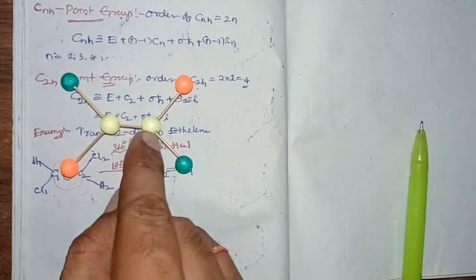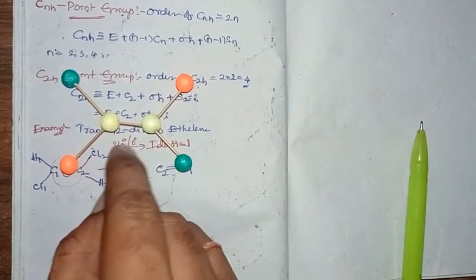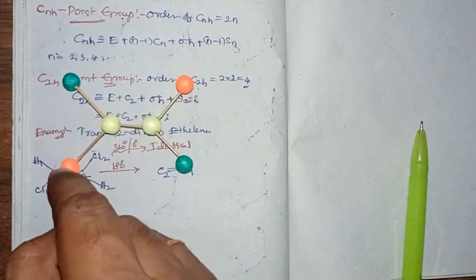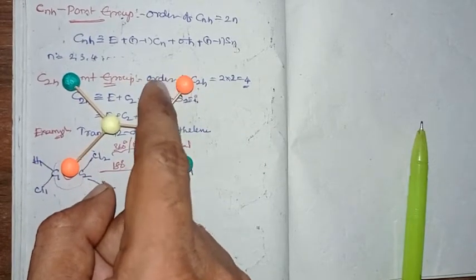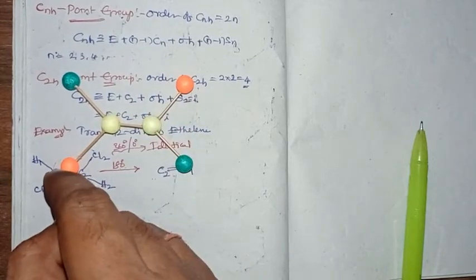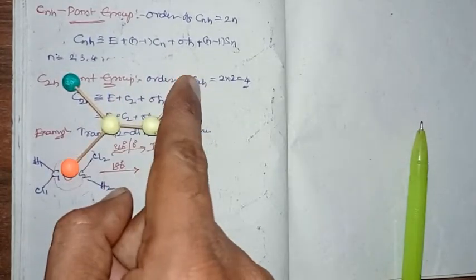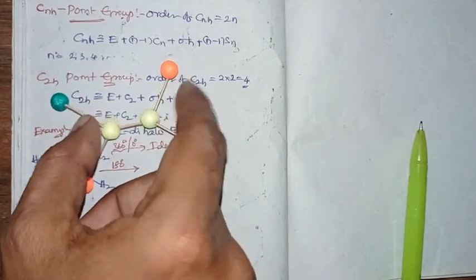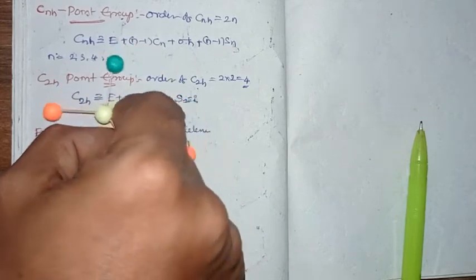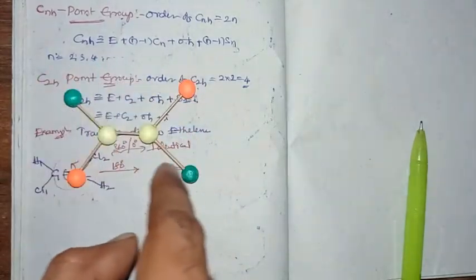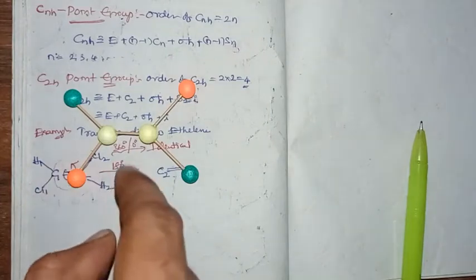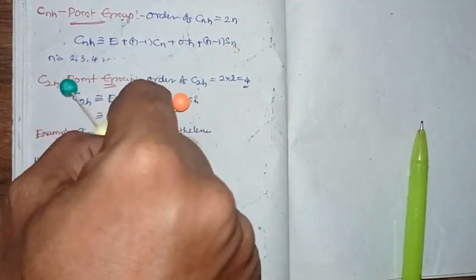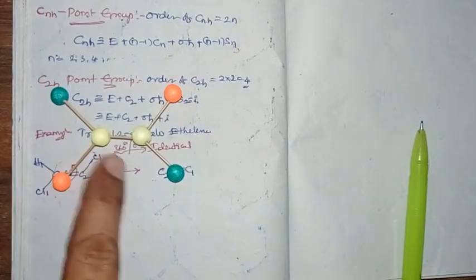This is how we rotate it. On rotation, carbon 2 gets the carbon 1 position and carbon 1 gets the carbon 2 position, and the chlorine positions also, when you observe. Initially the chlorine was here and now it is here. So the chlorines are exchanged, and likewise the hydrogens are also exchanged. One more time I will do it. So this is how the hydrogens are exchanged, the chlorines are exchanged, the carbons are exchanged, as you are observing.